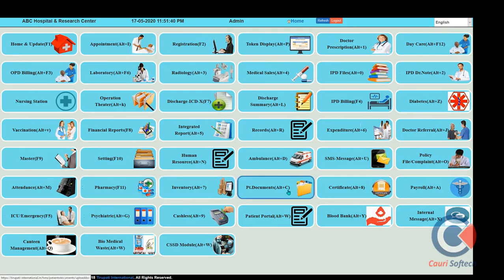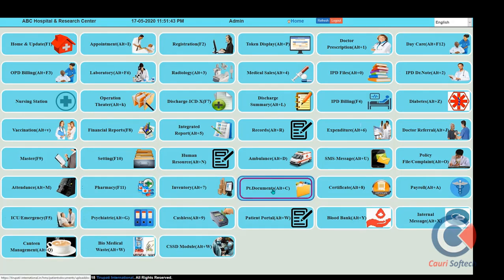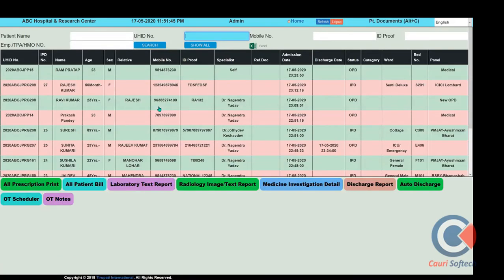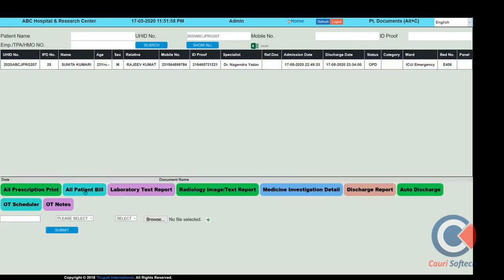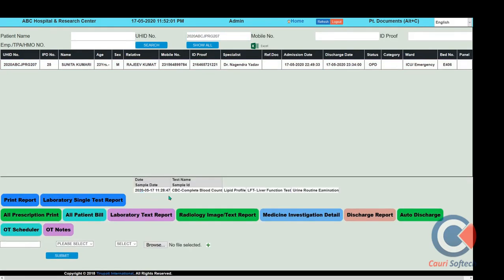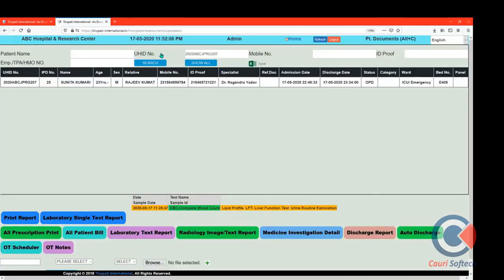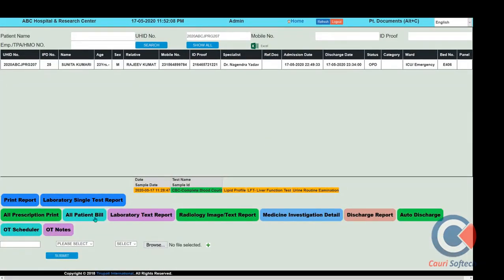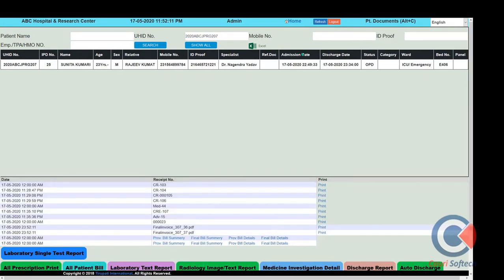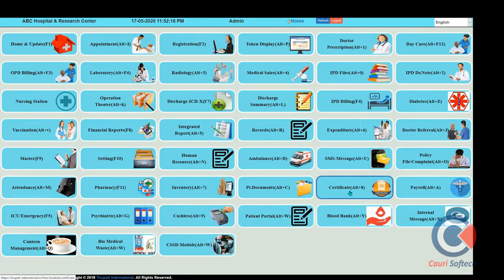The next thing is patient documents. In this patient document section, if the customer is using the online software, the customer has the option to get the hospital records associated with the patient, like their lab report, discharge summary, and patient bills. They can access them directly from home, without having to come to the hospital. So the reports can be accessed from here. All the records, bills, and details will be available to the respective patient, who can take a printout and use it for medical purposes, insurance purposes, or wherever they want to use it.